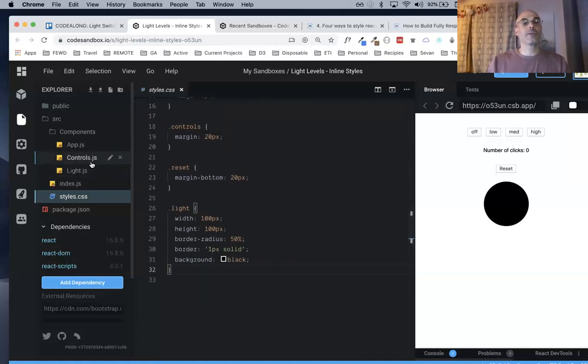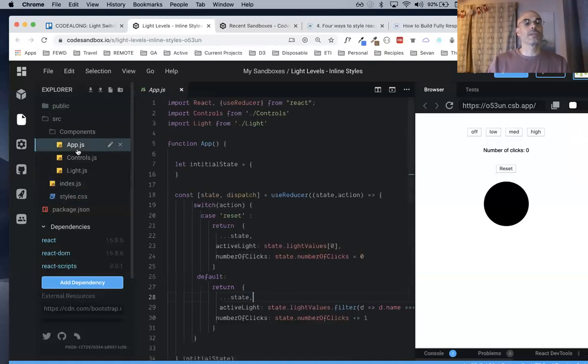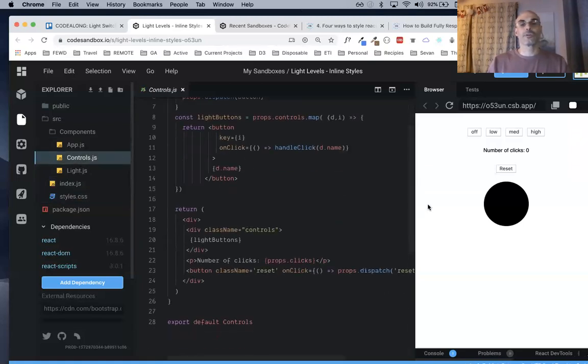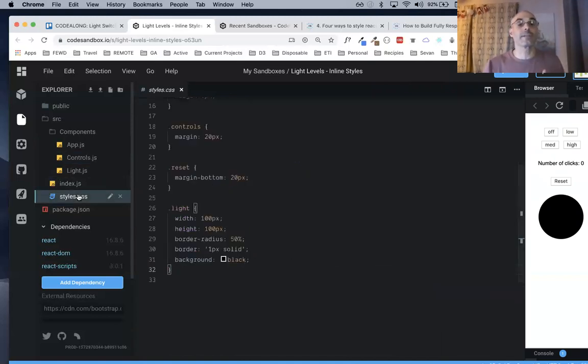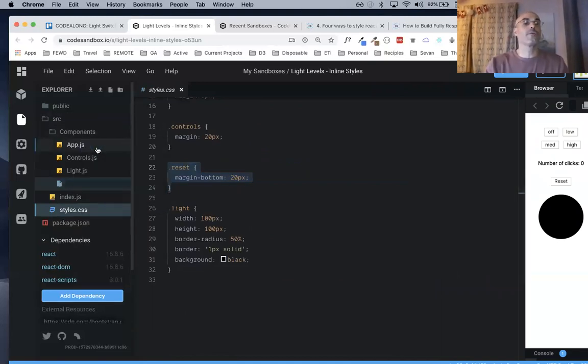So I'm just going to take a look here and see, there's a reset button. Where's the reset? I think the reset's in controls, right? So if I take a look here, here's the reset. It's a button. It has a class name of reset. So I could do two things. I could take this class of reset, go here and create a new file